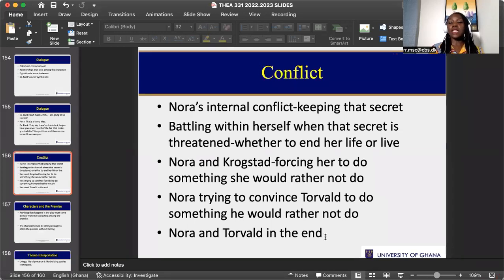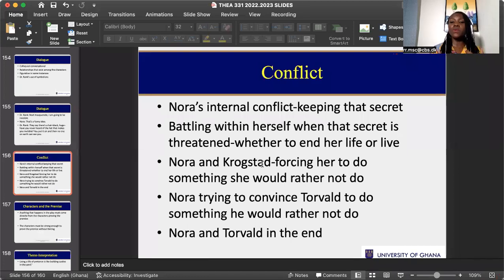All right, so let's look at the conflict. Conflict, generally, we know is a struggle between two opposing forces, okay? And you can either have a person against another person, or a person against him or herself, a person against nature, something bigger than him or herself, a person against society, often comes through, sometimes through another person, and all that. And so we can talk about Nora's internal conflicts, because all this while she's been living a lie,